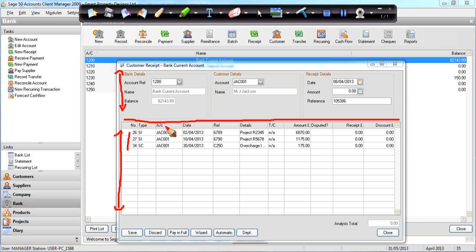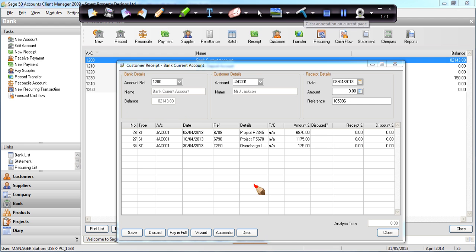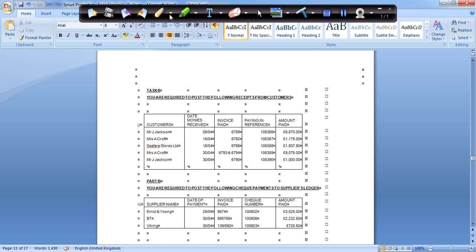You can see here these are the sales invoices and sales credit notes that we entered to our customer ledger earlier. We've got our Sage unique transaction reference number down at the side, the invoice numbers and credit note number that we entered earlier, and the details that we gave to each transaction. So what we need to do is look for the invoice that this customer is paying. Again, if we look at the details we've been given,